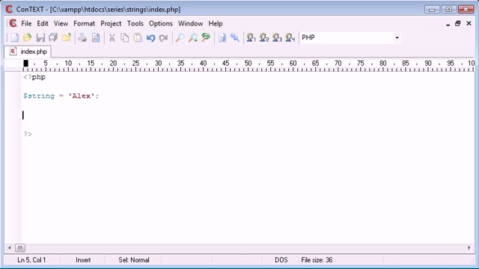Now what we might want to do is find out how many characters are in this string. So we can go ahead and create a new variable, and I'm going to call this string length, and that is going to be equal to